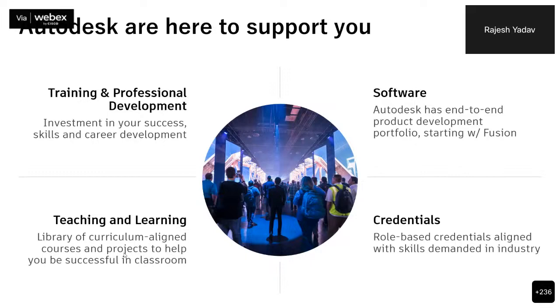Software: you already know that Autodesk is the only company giving all educational licenses free of cost for all the educators as well as the students. So colleges do not need to invest anything in the software. The only thing you should have is a lab, and I'm sure every college has a lab. The educators need to create an account and they can get 125 licenses which they can assign to the students or their classroom respectively.